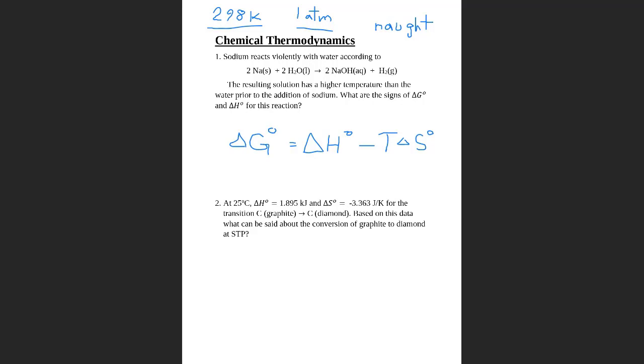Because of the law of conservation of energy, you can't just magically create energy out of nothing, right? Energy is neither created nor destroyed. It is simply changed. It changes forms. And to add to that, Professor DePaz,